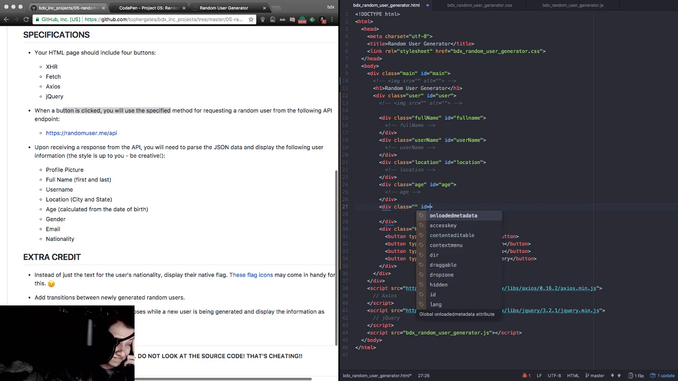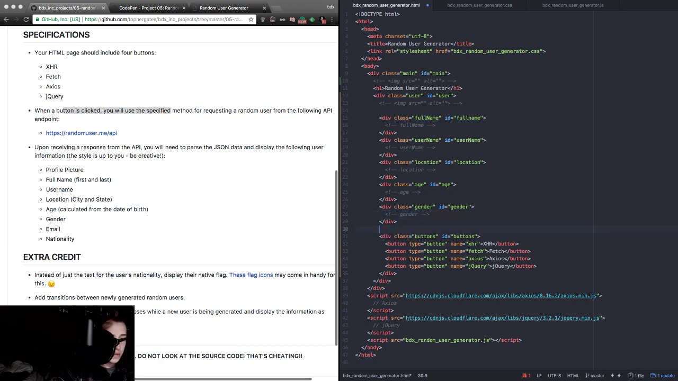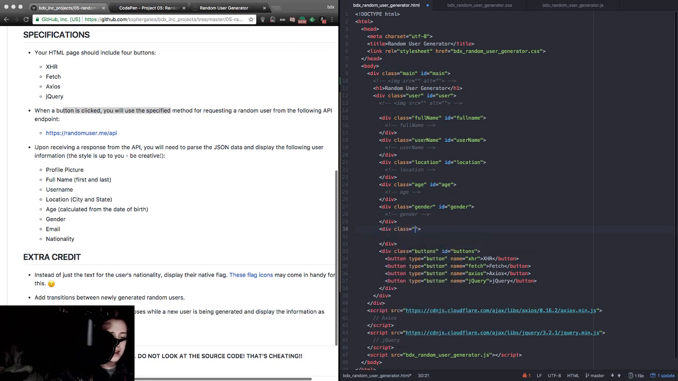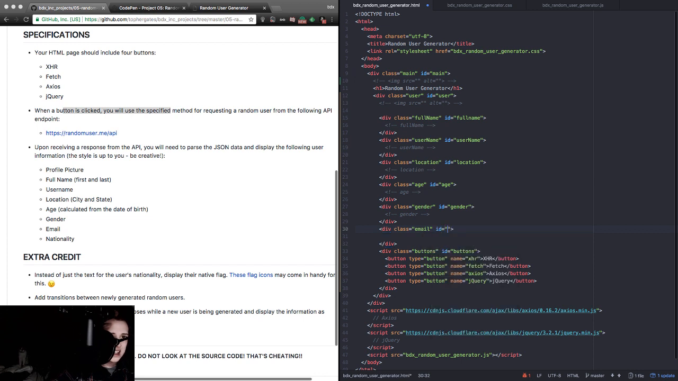ID, now that was about what, at least 2 months ago, I think, if not more. Which age, gender, or Bender for any Futurama fans. Gender. Okay, and then email. That's not a thing. That's not how any of this works. Div, then email. Now, again, I'm pretty sure